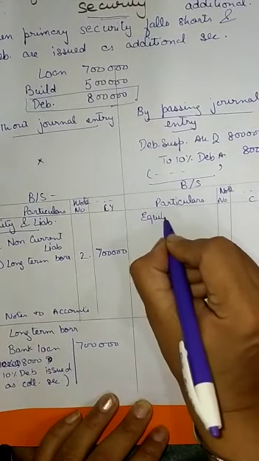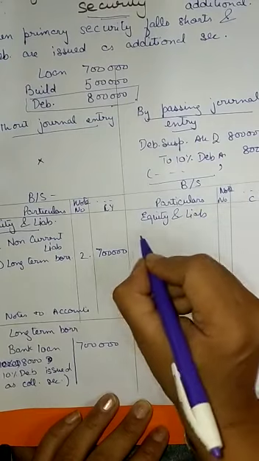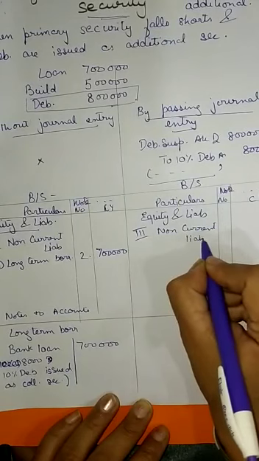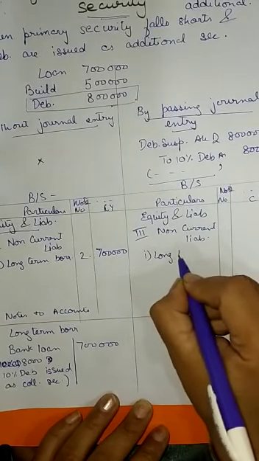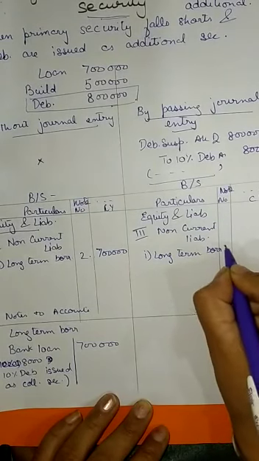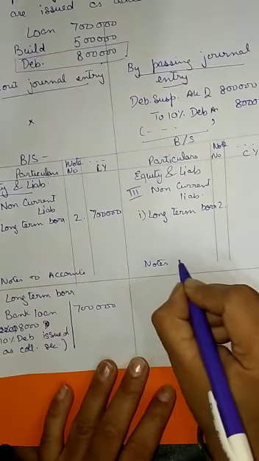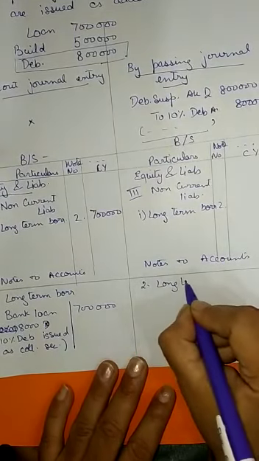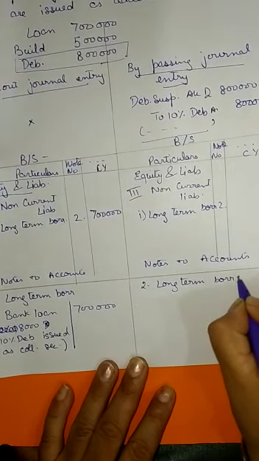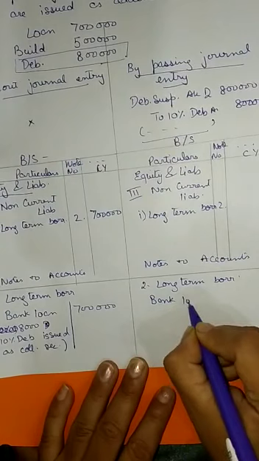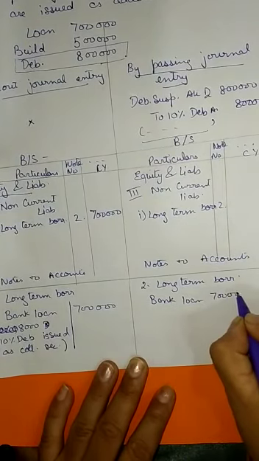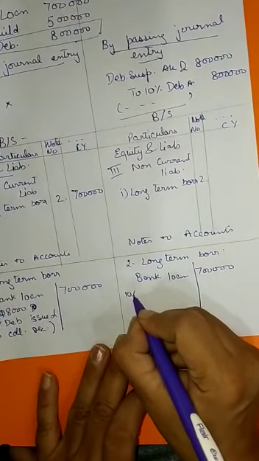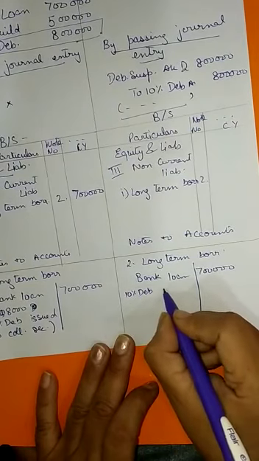Again, under equity and liability, third head, non-current liability. First subhead, long-term borrowing. Again, note number 2. Again, we go to notes to accounts, and we are going to make note number 2 here, long-term borrowing. In long-term borrowing, first of all, you will show bank loan of 7 lakh. Then we will show 10% debentures of 8 lakh